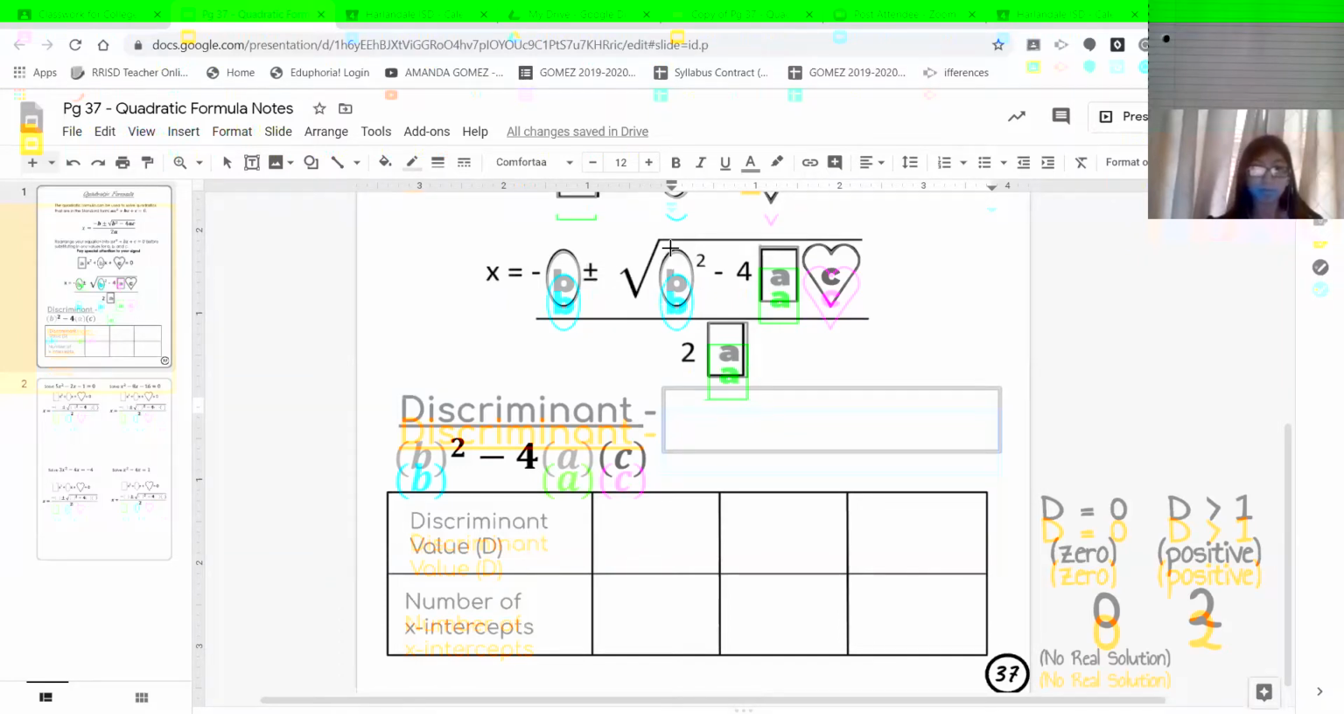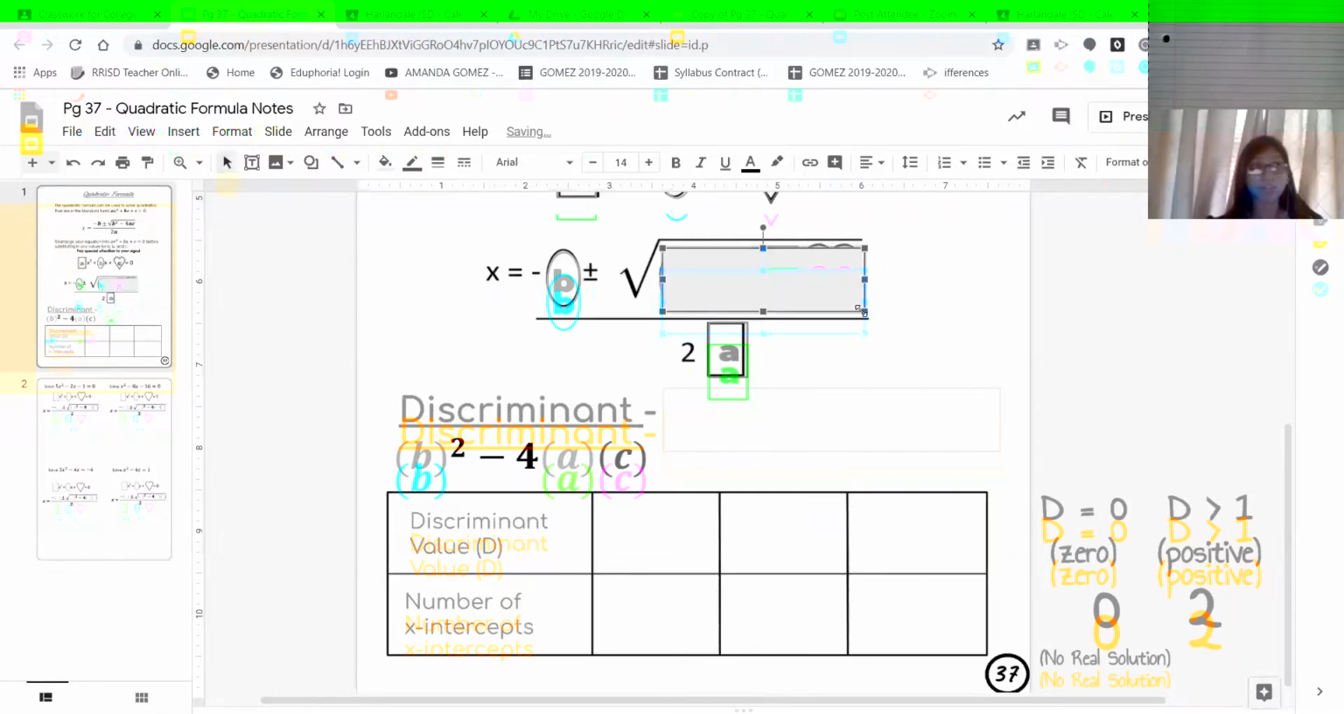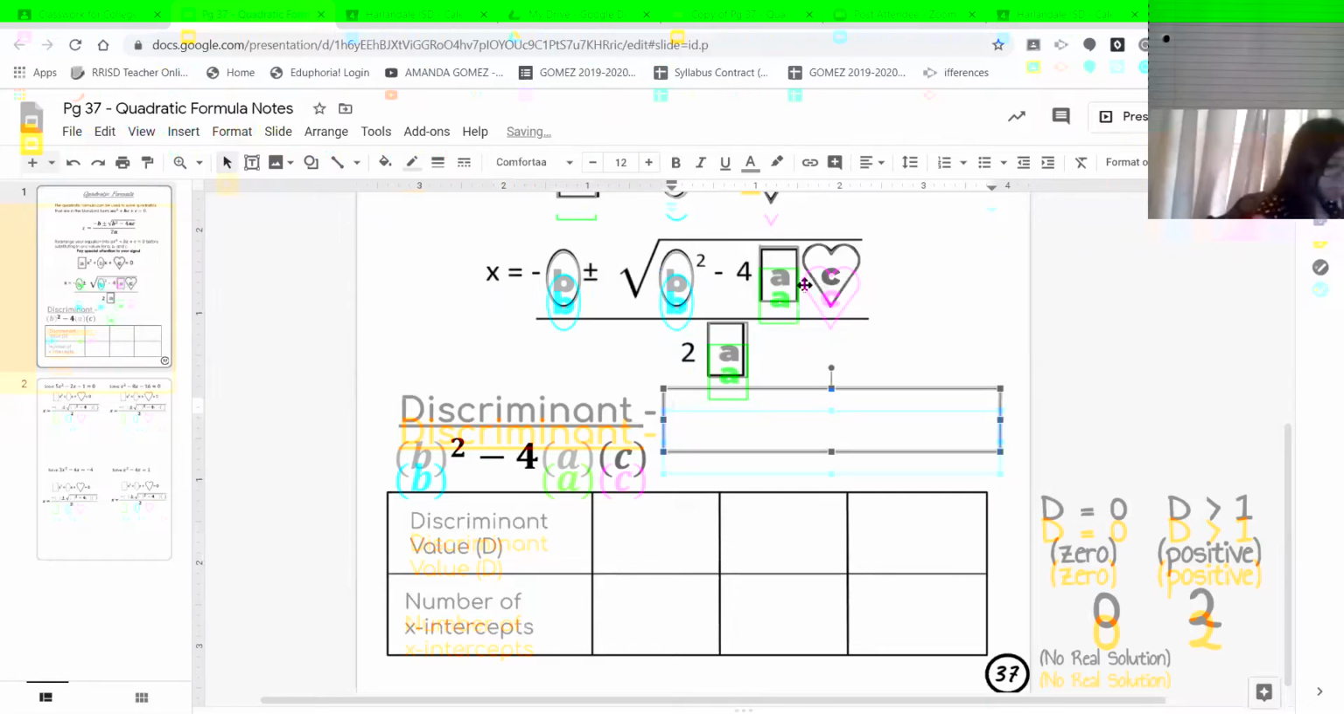Okay. So your discriminant is actually your radicand. I'm not too sure if you recall your radicand from, oh gosh, what page number was that on? So our radicand is anything below our radical symbol. So we can type into here and say that it is b